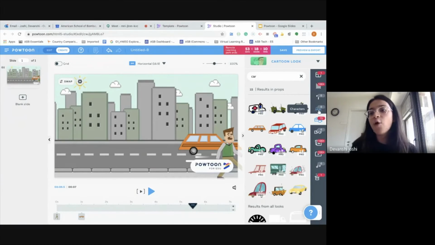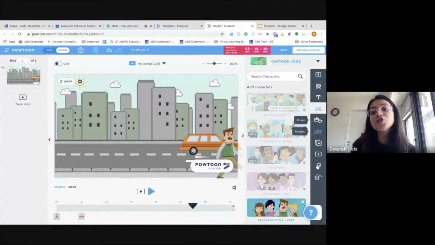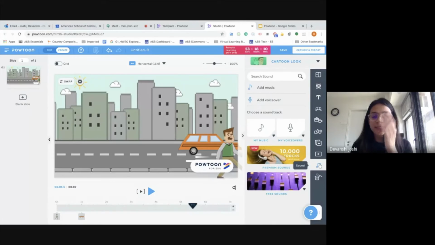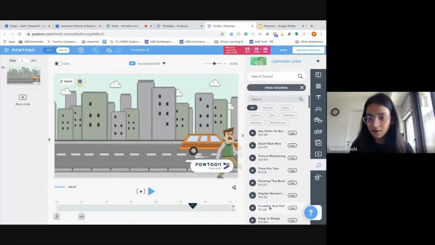then there's also an option to add text. So you can have a text bubble. You could also add music files. So if I go to sound, you have a lot of options to add music files. There are already free premium music songs and free songs available. So if I want to add a free music file, say,